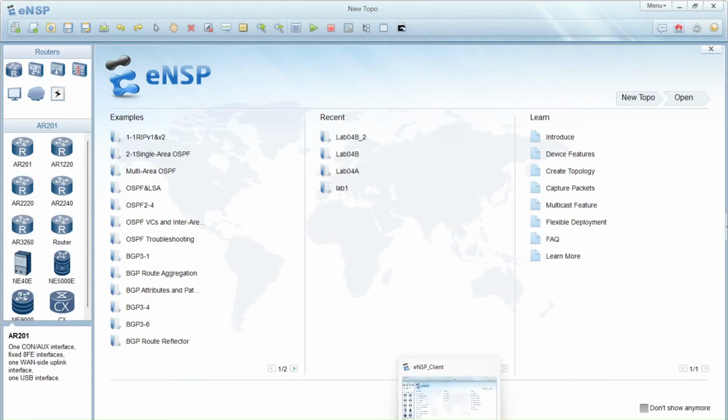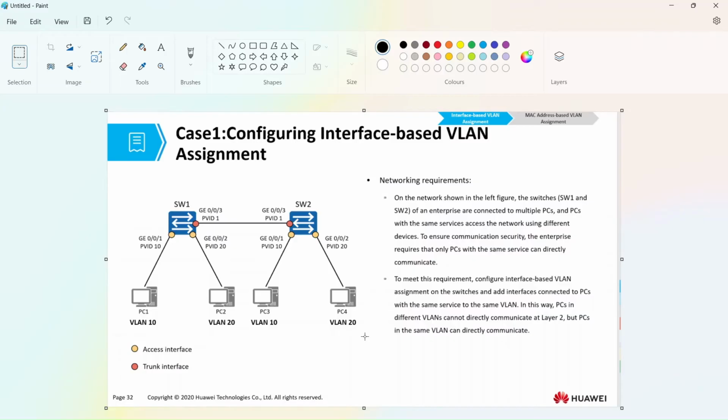For the first one, again the same thing, open your eNSP. After you open it, the first exercise we are going to do, refer back to your lecture slides, is using an interface VLAN. We are going to base it on this topology. We are going to create two VLANs and assign PC1 and PC2 under VLAN 10, and PC3 and PC4 under VLAN 20. They can communicate within the same VLAN. Remember we are also going to assign two types of interface, access and also trunk